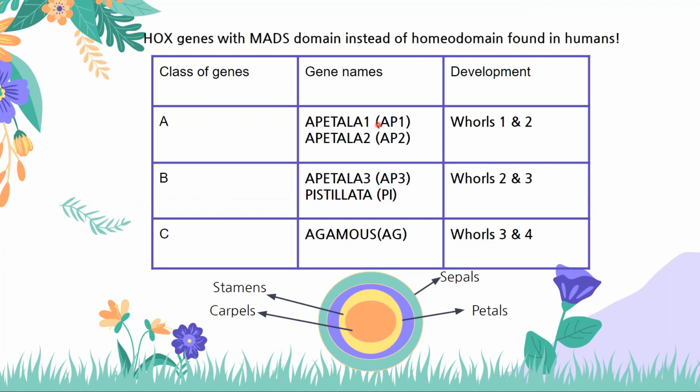Now, all of these are basically Hox genes. Hox is an abbreviation for homeotic selector genes, which are known to give an identity to a particular body part or segment. It was first found in Drosophila, and humans also have a set of Hox genes. Every Hox gene has a domain. Human Hox genes have something called the homeodomain. Unlike humans, these have a domain called the MADS domain. Remember, this is a key question that they would twist and ask you in competitive papers. So these are Hox genes that have a MADS domain.